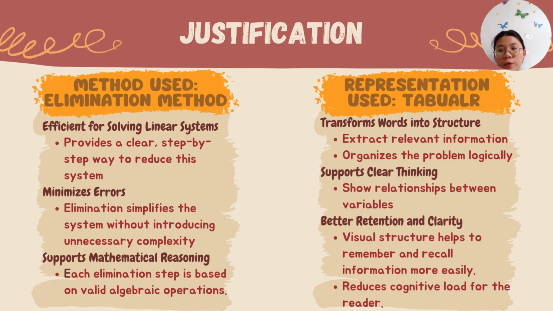So next, moving on to the right-hand side, we have the representation used, which is the tabular form. In this representation, we transform words into structure. It helps to extract the relevant information from a word problem and organize it logically. By arranging data into a table, we can see patterns and relationships between the variables much more clearly. So it also supports clear thinking by showing how different quantities are connected, which helps us in reasoning and problem